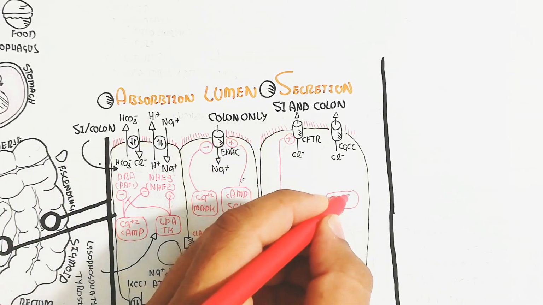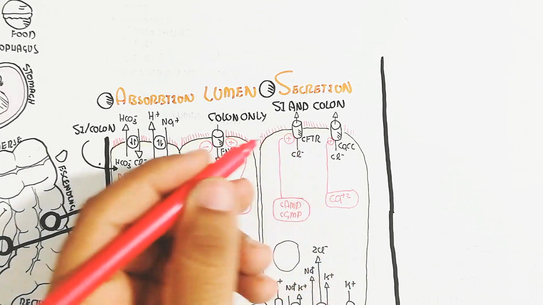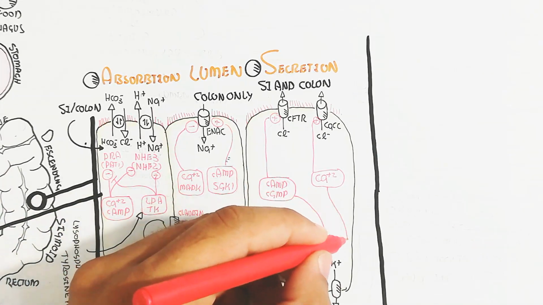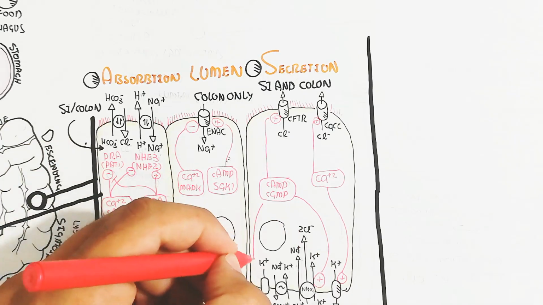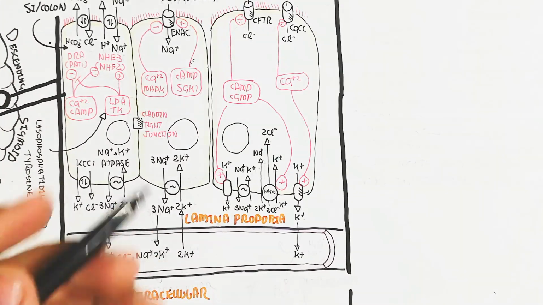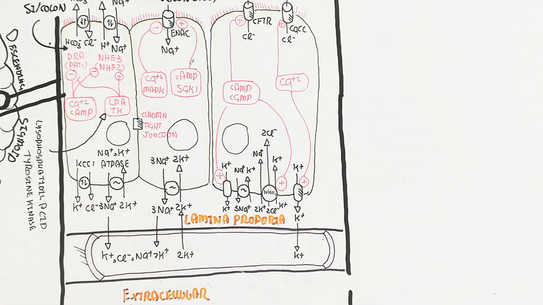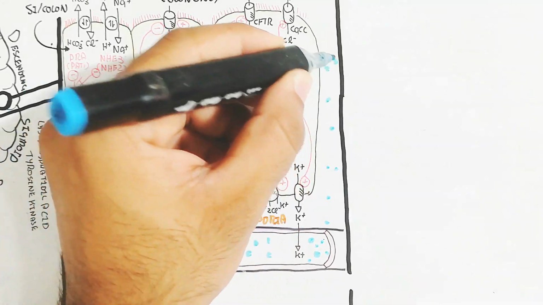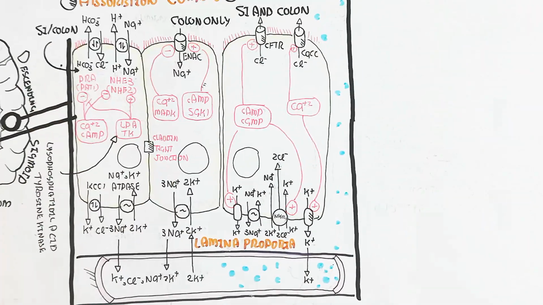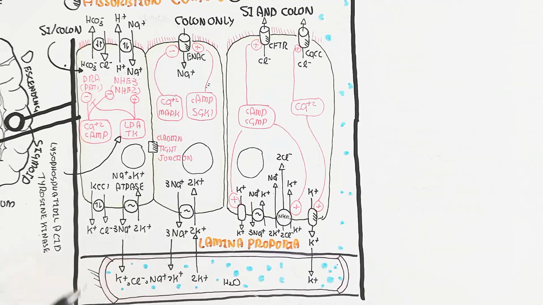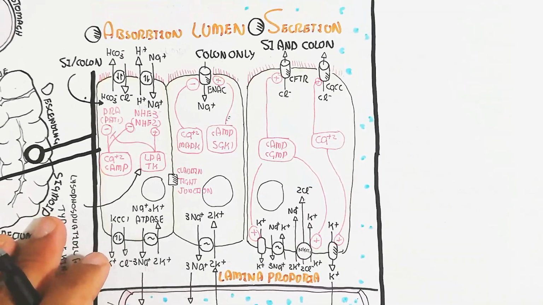While on the other hand, the cyclic AMP and cyclic GMP will allow more absorption of chloride, sodium, potassium, and in this way, the more absorbed content will be secreted through CFTR and CACC due to the cyclic AMP and cyclic GMP increase. And on the other hand, the water will move out through the tight junction through poration because some pores are present, which allow